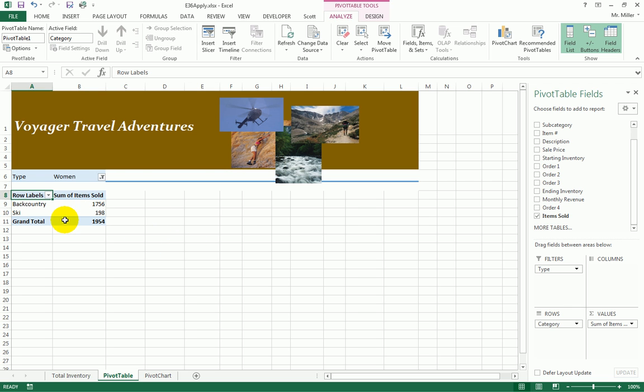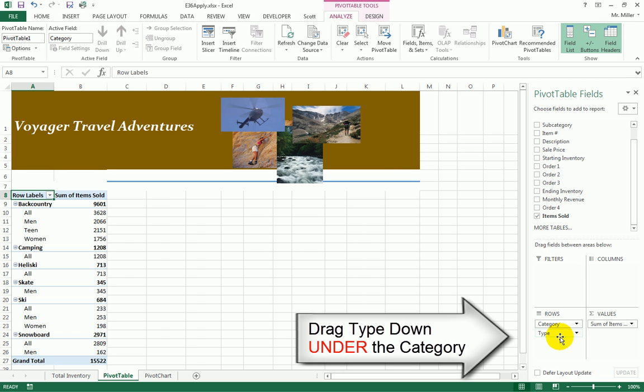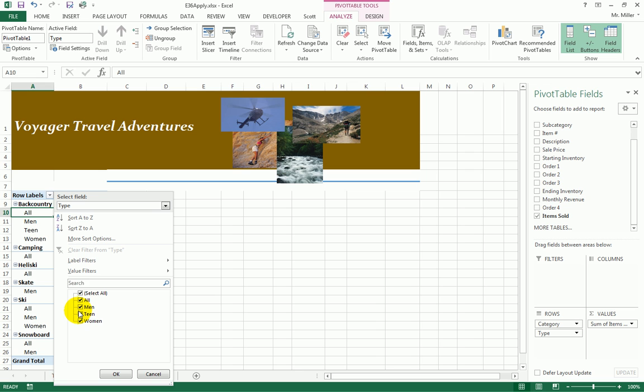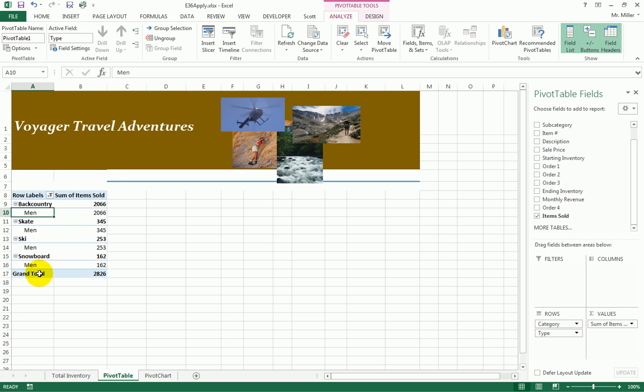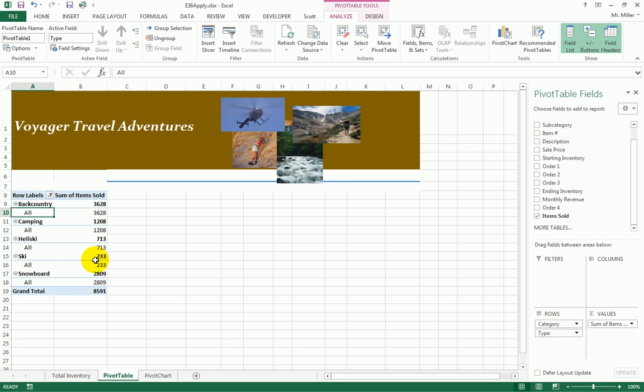Now, I can accommodate this same type of thing by bringing this type back down into the rows category, but this time we're putting the type underneath the category. Choosing my row labels, I can now choose to display just the men items. I click OK, and now I can see the categories that were specifically for men. Go back to my row labels. I now want to change the category to all. Click OK, and I see a much